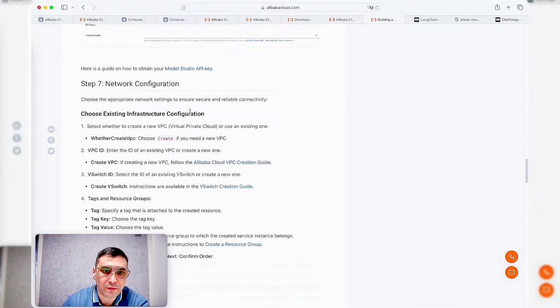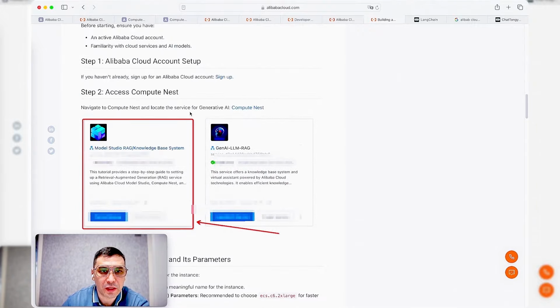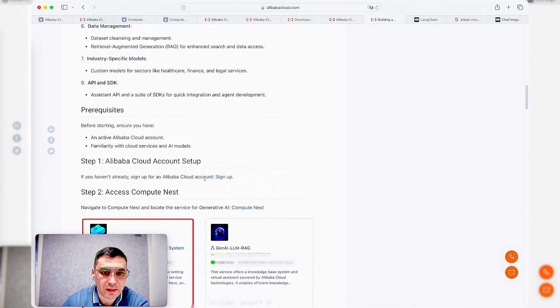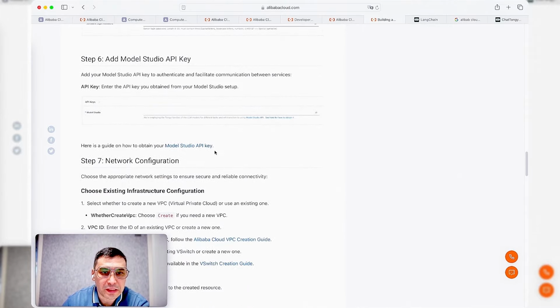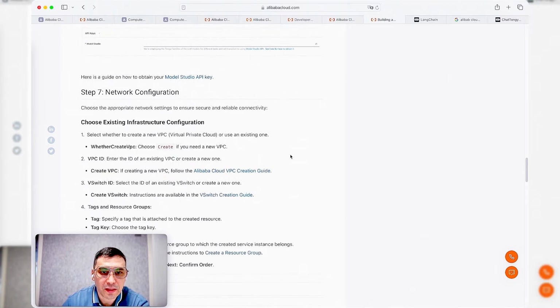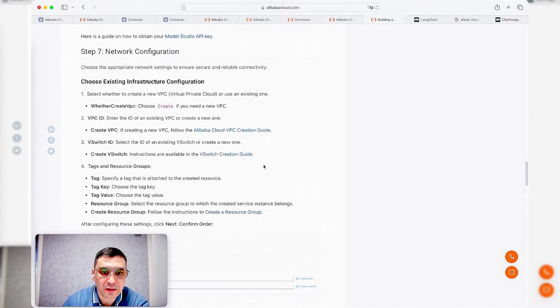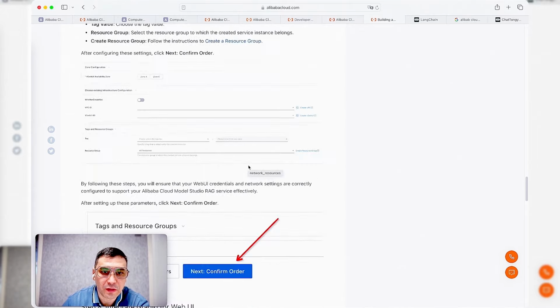And for example, if you came to Alibaba Cloud for the first time, you can see how to sign up, how you can obtain the Model Studio API key, create the VPC, vSwitch if you need, and resource group, and so on. So we are on ComputeNest here, and let's say first is documentation, and second is